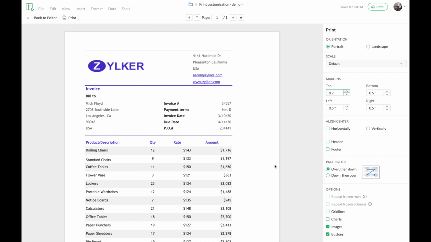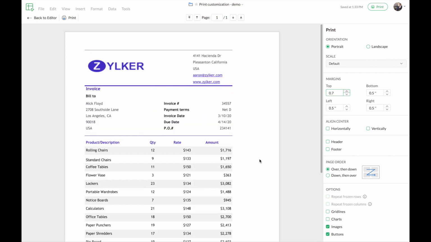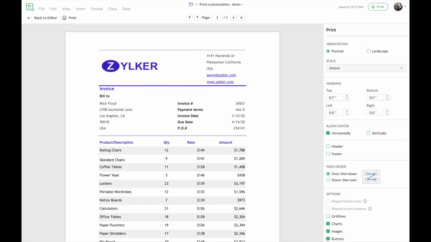This print preview is not looking neat for me, and I want the data to be aligned center. For that I can use this option, that is Align Center. Either you can align your data horizontally or vertically too. Now I'm just going to align this data horizontally here, because you can see that vertically I have the data almost covering the whole page, so that is not a problem. Now I'm going to align it horizontally, and on the left you can see that the data has been horizontally aligned. If you have any empty columns before the data, that will also be included when you choose the current sheet option.